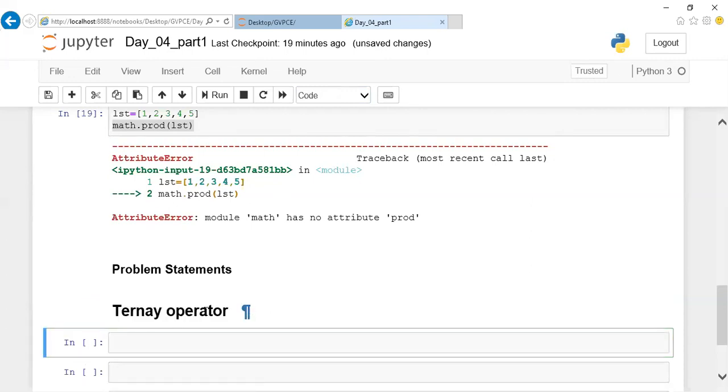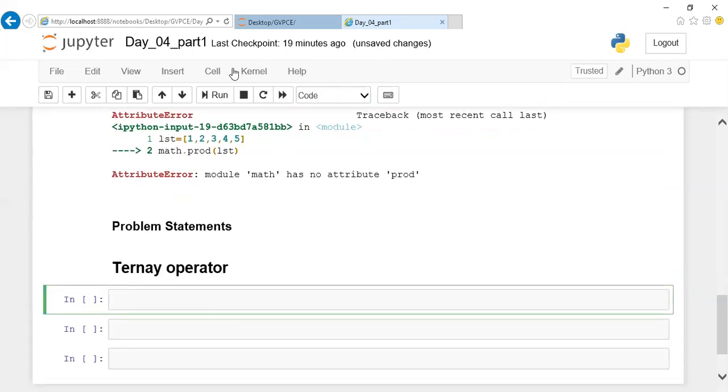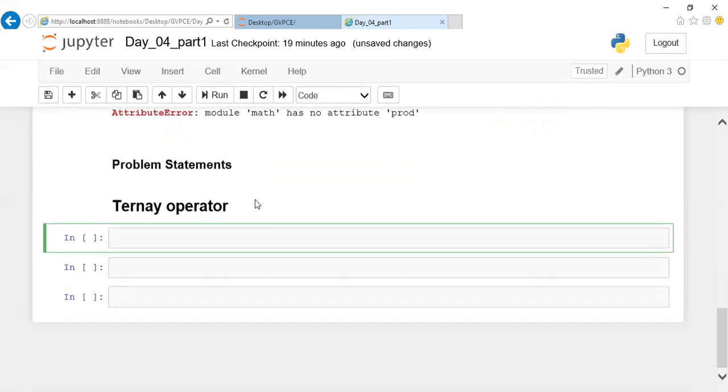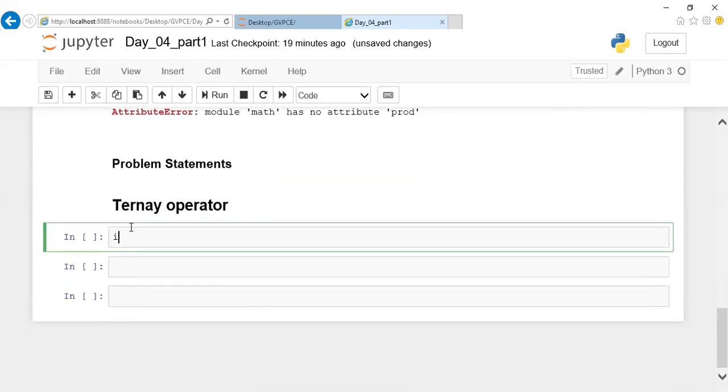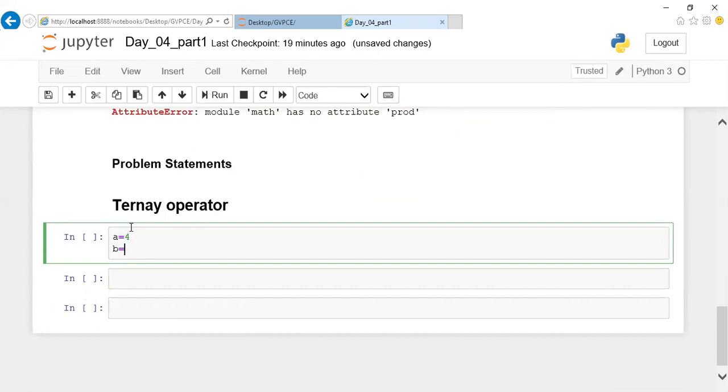C programming, you might have come across one term called ternary operator. Forgot. Okay, not an issue.